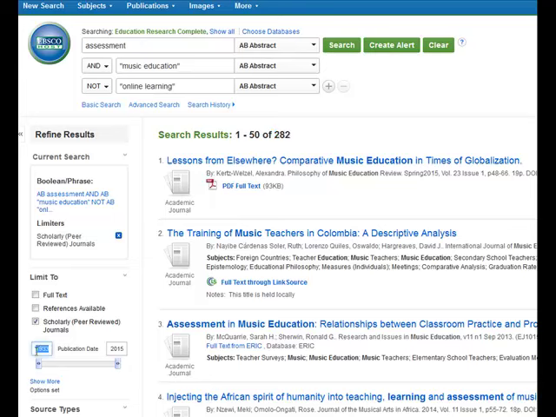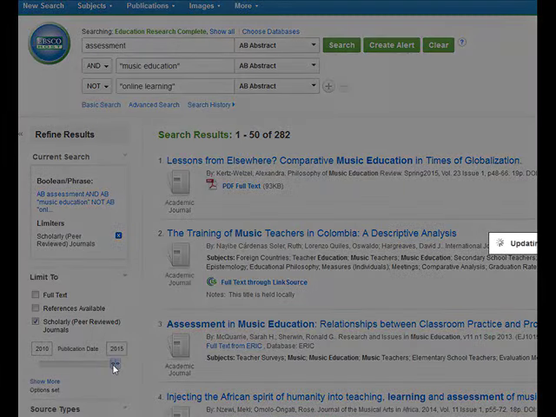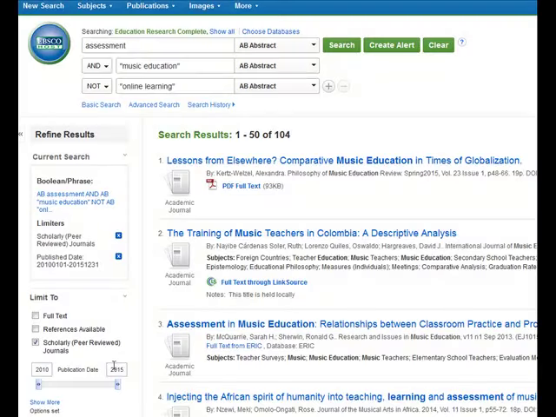We can either type in the date that we want in the box that says publication date, or we can use the slider bar to give us only the past 10 years, maybe even only the past 5 years, depending on what your topic is and what you're interested in. This will update accordingly to whatever you set that for. And you can see now we've worked our way down to 104 very relevant, great results for our topic in